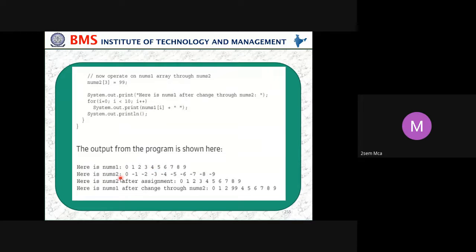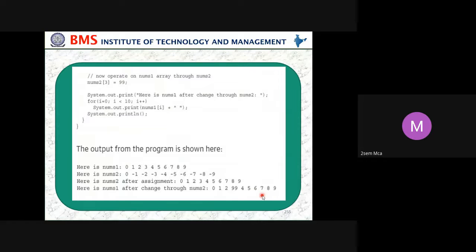Num2, array 2, will start from 0, minus 2, minus 9. After assigning array 1 to array 2, array 2 will have positive values. After that, we change this third position to 99. So 93 is replaced by 99, and we display all.